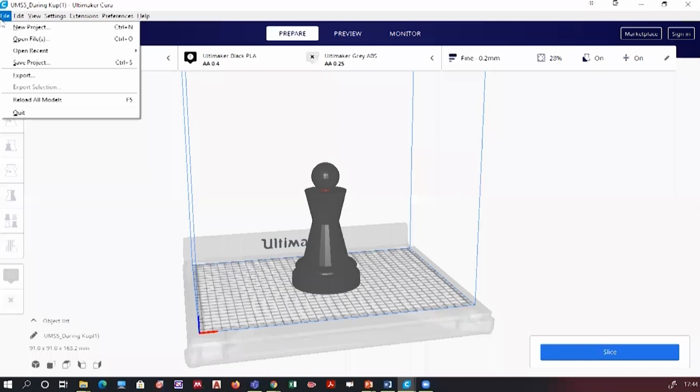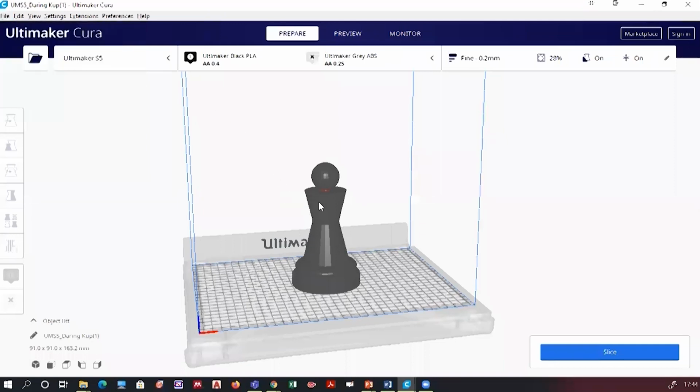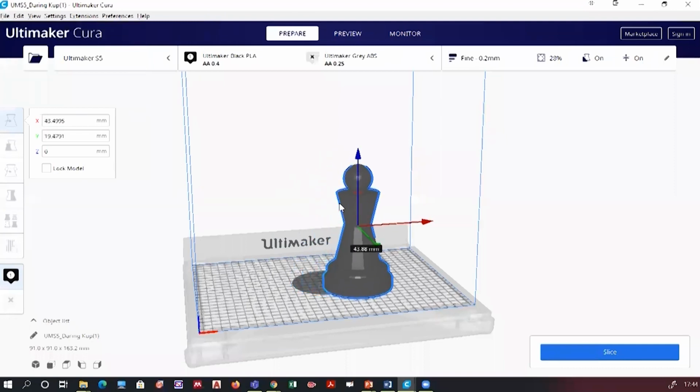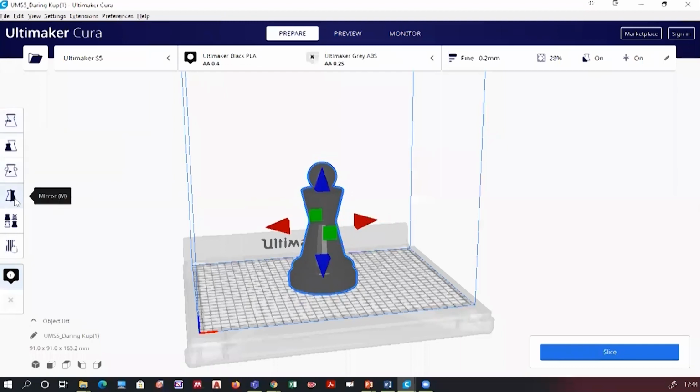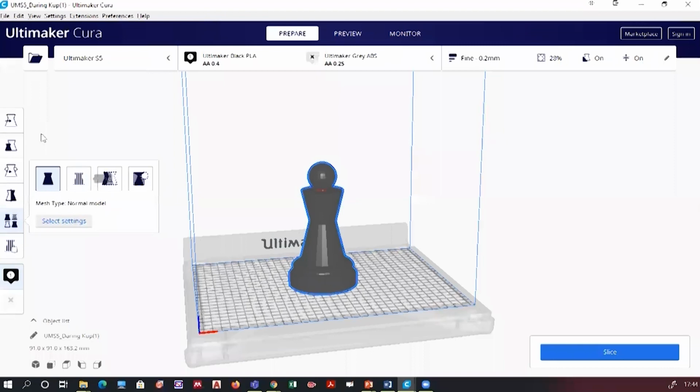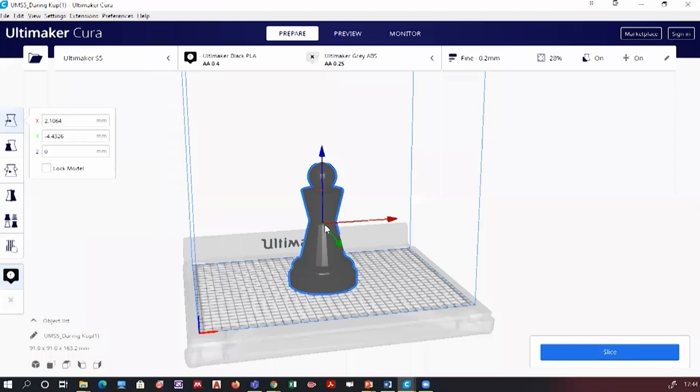In that, you have to open your source .stl file. After opening it, if you want to place this object somewhere else, you can place it. If you want to resize it, you can resize it. If you want to mirror it, you can mirror it. These types of initial settings you can do.